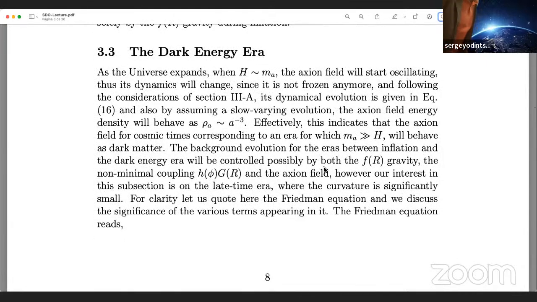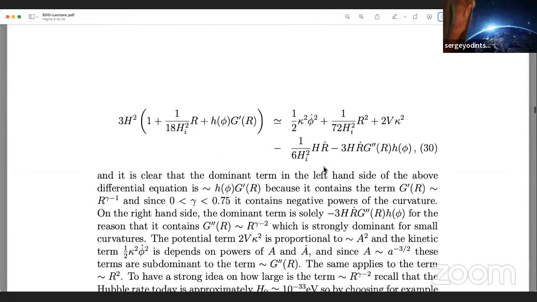So now we go to the dark energy epoch. For the dark energy epoch, we use the fact that the axion field will start oscillating, approaching dark energy, because immediately after the inflationary era, when the Hubble rate is proportional to the axion mass, we have this oscillation. So we should study the Friedmann-Robertson-Walker equations, and say something about the role of the axion in the dark energy epoch. We write the equations of motion, and if we look at them carefully, this term is important only at the inflationary epoch. This term is also important at the inflationary epoch. Terms related to the axion are important at the preheating era. So the leading terms